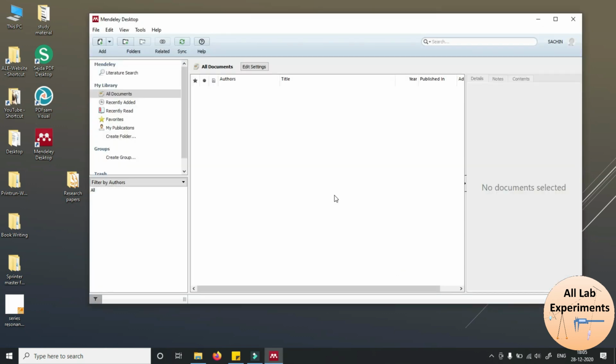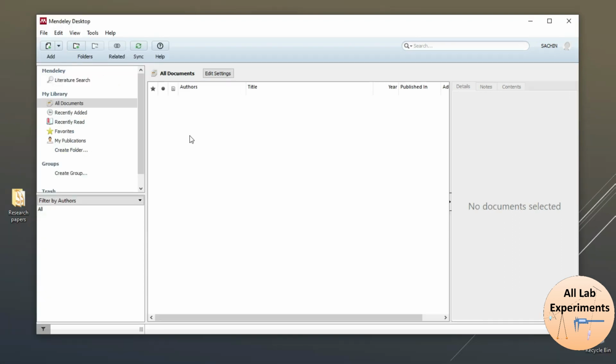Now you will see that this is the first look we see when we install Mendeley Desktop and fill in our ID. There are many options in this, but for the time being you just focus on the steps which I am telling you. Now we are going to add our literature to Mendeley.